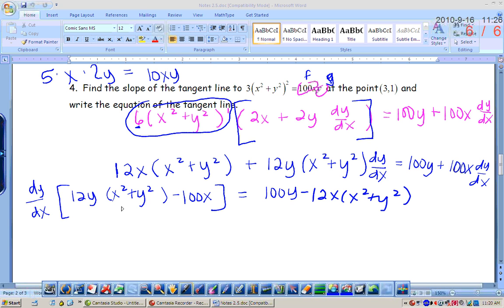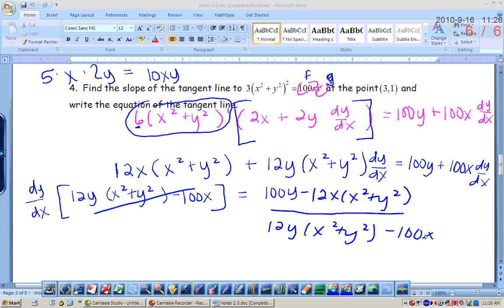And then I need to divide by this big bracket right here. This represents the slope. Now, where am I wanting to find the slope? At 3, 1. So, the slope at the point 3, 1